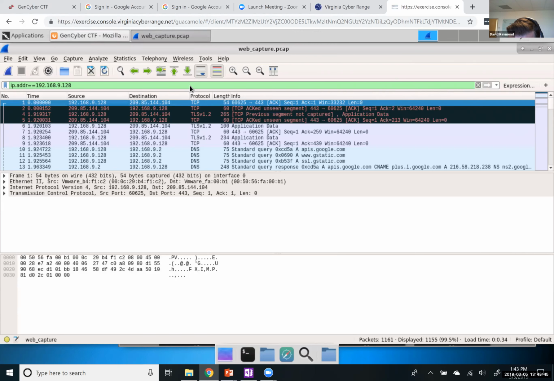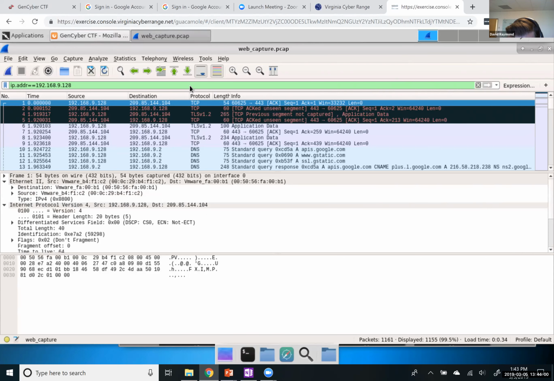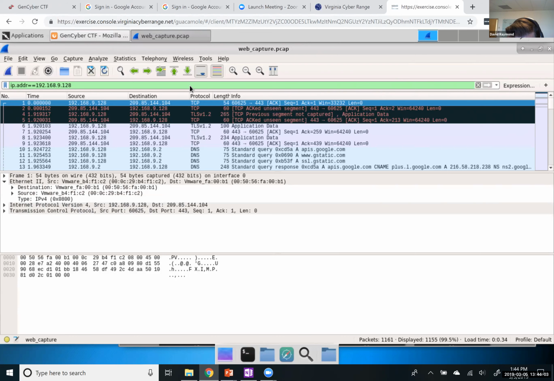remember the hierarchy here is I have the physical layer. There's all the physical layer information. Here is the MAC layer, the medium access control layer. And then on top of that, you have the IP layer, Internet Protocol, and then you have the TCP layer up on top of that in this case. And so this is part of a TCP three-way handshake, so you don't have any application layer data, but it looks like it goes on to do some kind of, what's it doing here? DNS lookup, I guess.